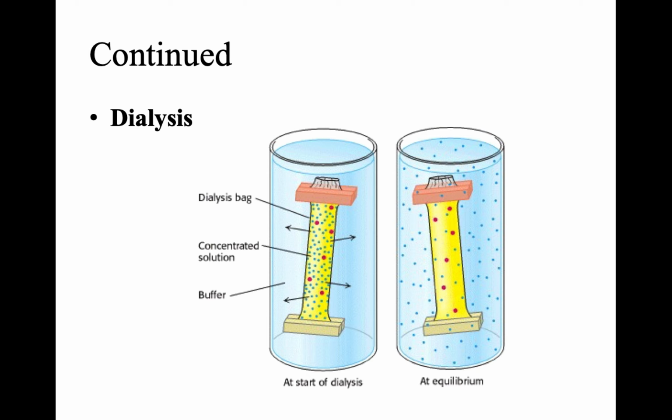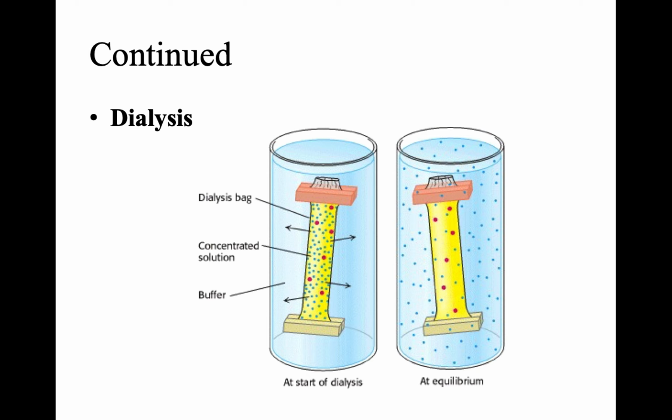Now, the solubilized protein sample is placed into the dialysis bag, which is made up of cellulose acetate or nitrocellulose. These are the dialysis bags. The solubilized protein sample is added into the dialysis bag, and it is kept in a suitable buffer. Along with the protein, the sample has a high salt concentration. This salt has to be removed from the protein sample, so it is placed in the suitable buffer.